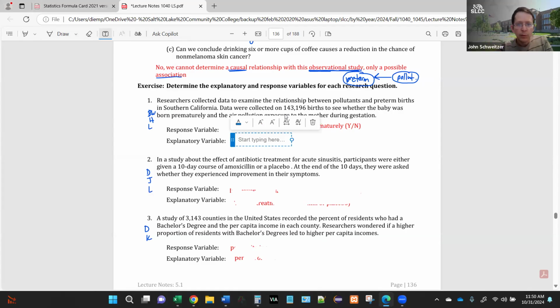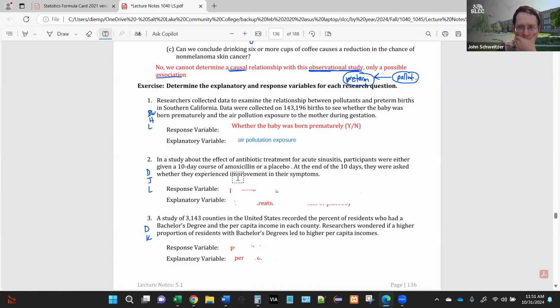Yeah, so the explanatory variable would be pollutants, right? Or air pollution exposure, we could say. So they would have some way of measuring the air pollution for the pregnancies at that time, right? Good. So there's the explanatory variable. Okay. Then in number 2,